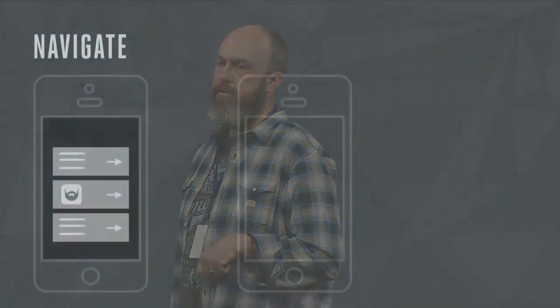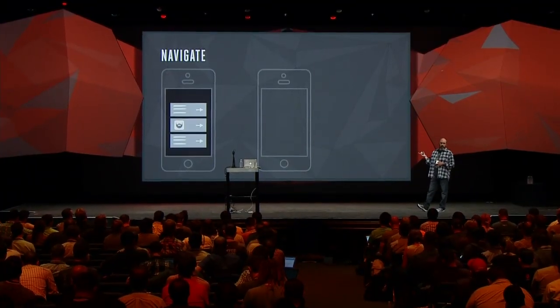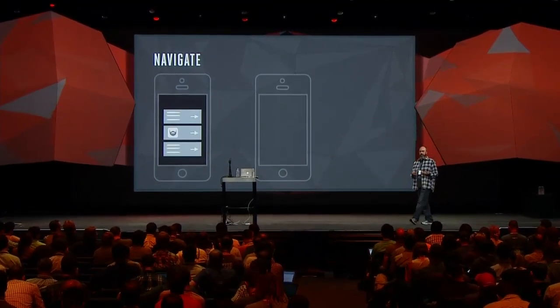All right, so we talked about the publish capability, and we talked about discover. Now I'm going to switch gears to navigate. And again, for navigate, there are two pieces of the puzzle. There's the application, which has encountered a URL, and then there's the application that knows how to serve the content for the URL. In this case, we're starting with the application that has encountered a URL.